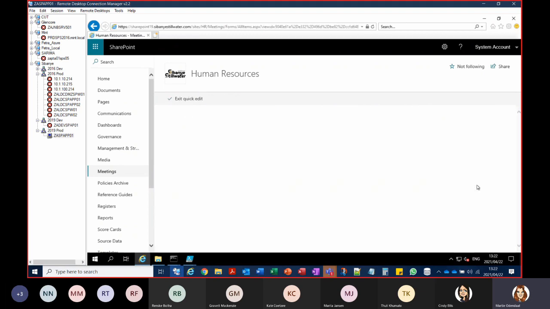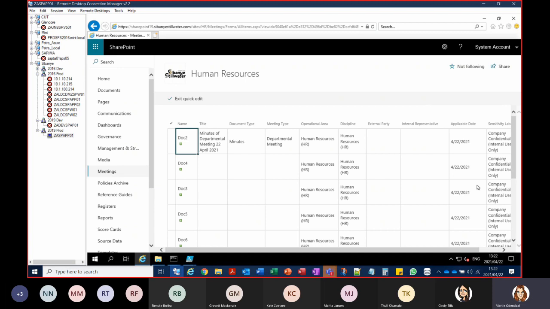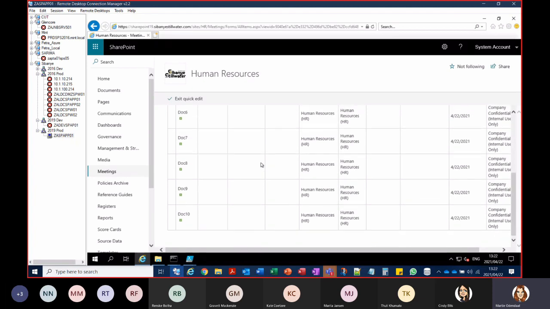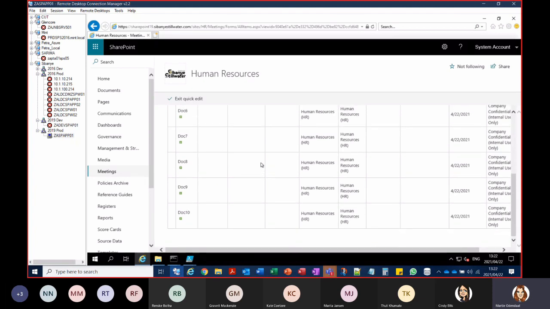Now let me just get this out the way. Right, and I can see items are being uploaded. And you can see that they've been uploaded and I can see them in here, but I can also see that they